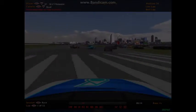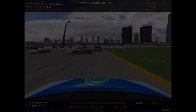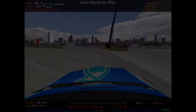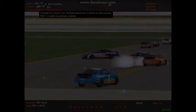We're with yesterday's qualifying race winner, Zachary Fitzwater, and you can just see how it's raining a little bit harder than we thought it would. And like I said, there was no chance for rain today, and it's starting to look very dark to the northwest. So Ryan Griffin would actually get into an incident here with Chris Washer,